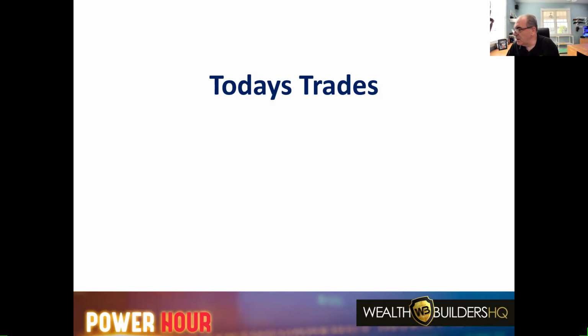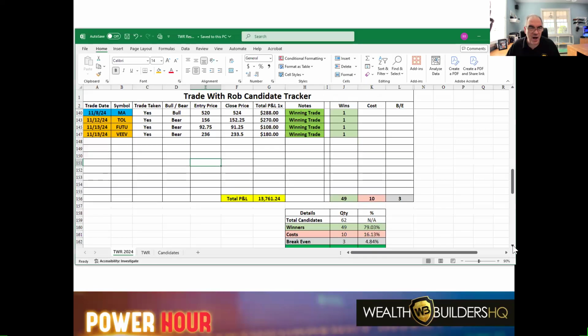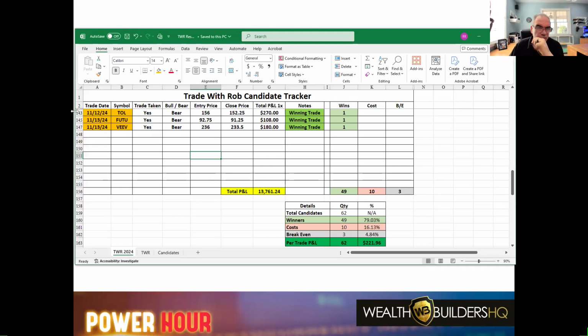So this was from last week on Trade with Rob. 3 trades went off through the entire week. We had 2 of them go off on Wednesday. I did not do an update on Thursday. Some of you know, if you were in Trading You and you got a notice of cancellation last week, I apologize. On Thursday, we rushed my mother-in-law to the hospital again on Thursday afternoon, late morning, early afternoon, and I was just not able to get back. There was just too much craziness going on. She is still there. They are still running more tests. Hopefully we'll have some answers today, but we canceled, so I did not get to do a Trade with Rob